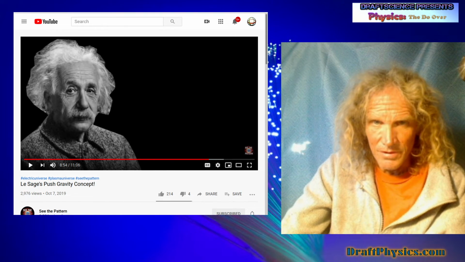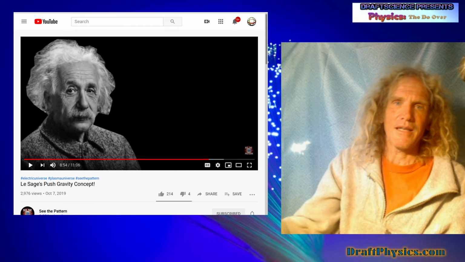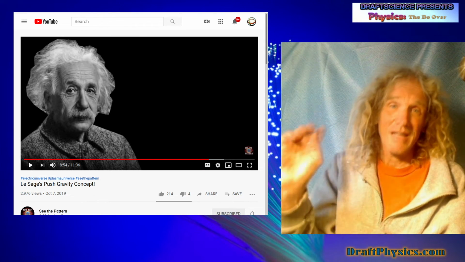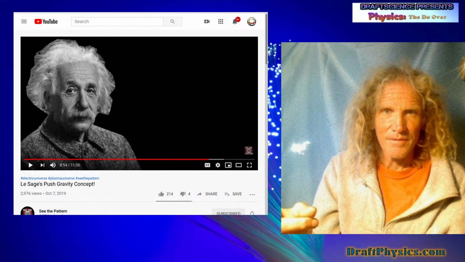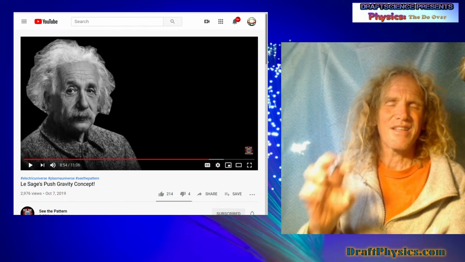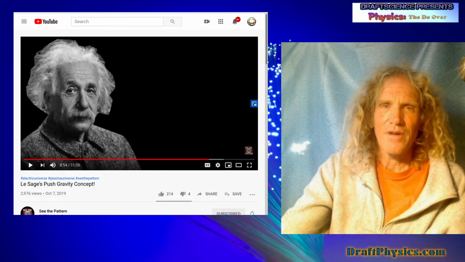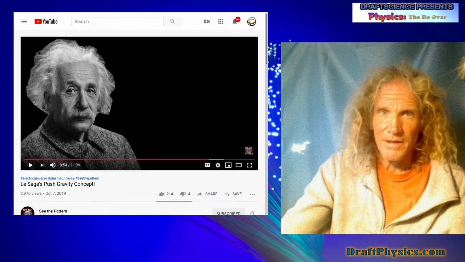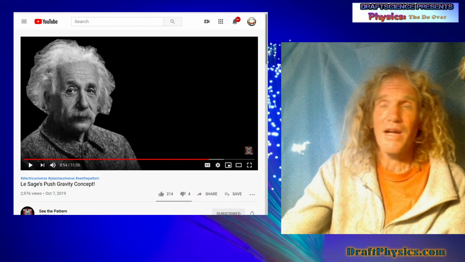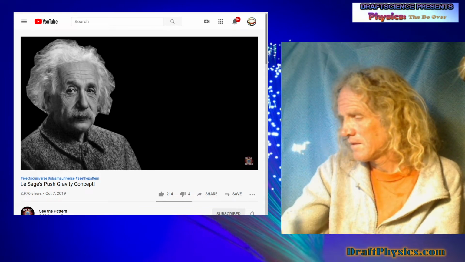And that's why helium nucleuses, we can throw them into space. I can throw a helium nucleus to the moon and it'll get to the moon. If I throw an electron, it won't get there. Throw a proton, it won't get there. But a helium nucleus will. So a helium nucleus has a configuration that allows it to overcome drag. And that's the key. Matter can overcome drag. And it's based on the fact that nucleuses can change their shape and by changing their shape become pointy, so to speak, and get through the drag. This was yet another nail in the coffin, as nothing could travel faster than the speed of light.